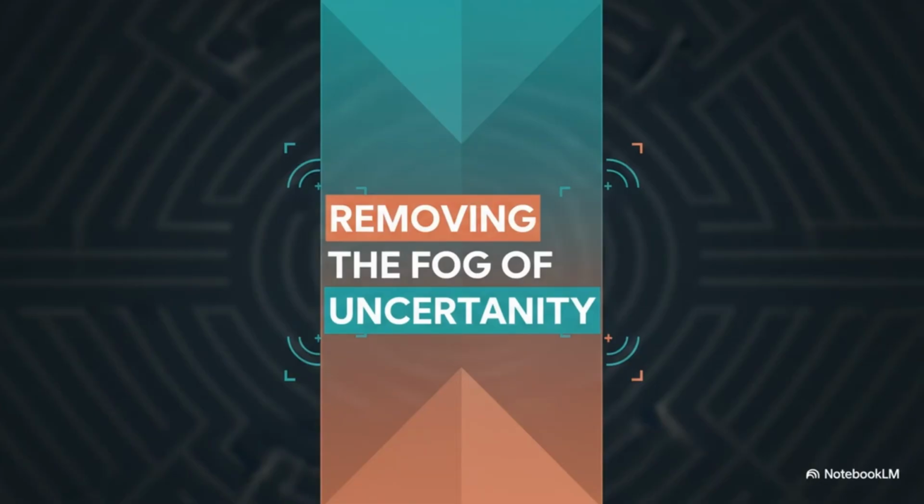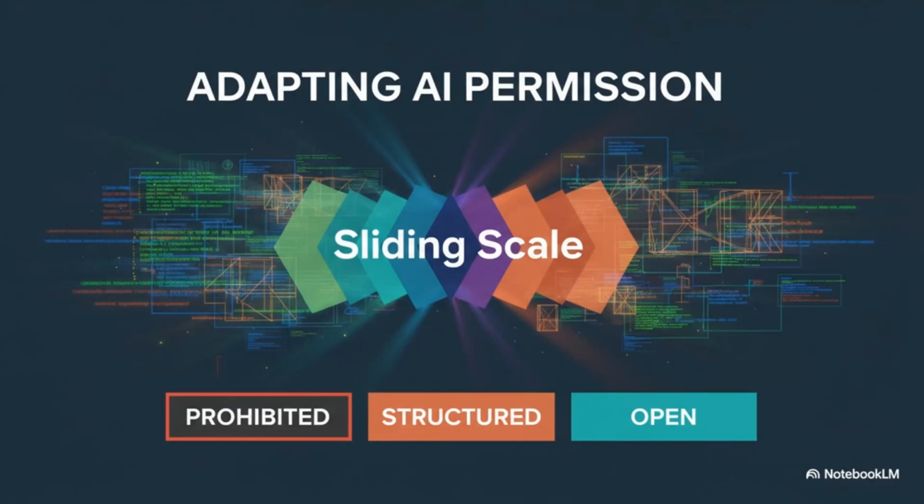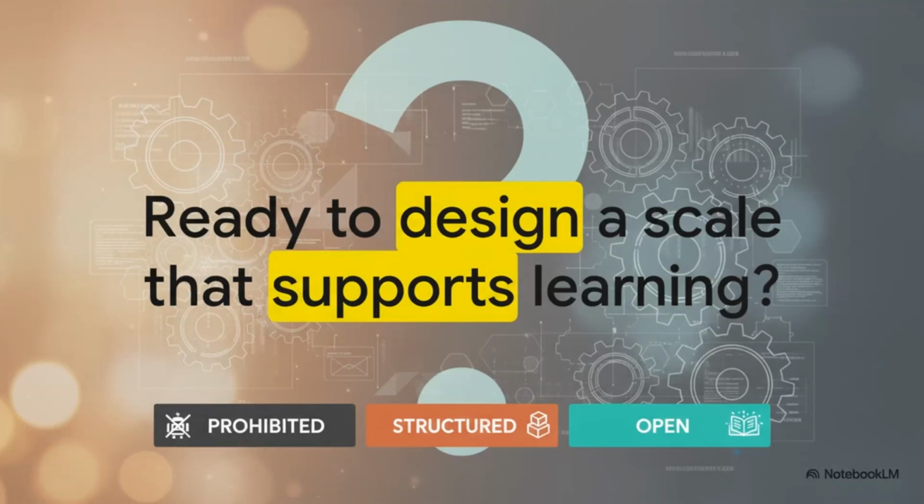When students know the exact level up front, boom, we completely remove that awful "gotcha" cheating moment. It magically turns integrity expectations into a teachable, totally consistent part of the process across your entire curriculum. Today, we stop searching for those one-size-fits-all rules and build a framework that's as dynamic as your classrooms. So, are you ready to abandon that blunt instrument and design an AI scale that truly supports learning?